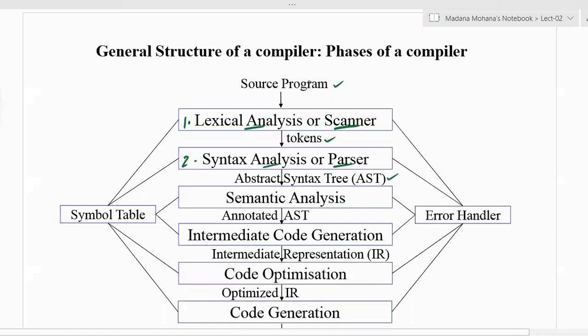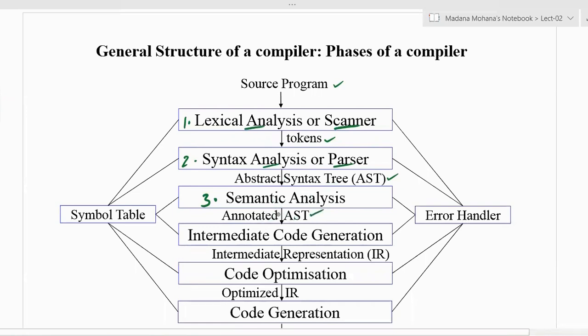This is the output of syntax analysis or parser, and it is different from a parse tree. Then the third phase is called semantic analysis, which takes as input the output of syntax analysis or parser, that is the abstract syntax tree. Then it produces the same abstract syntax tree, but an annotated abstract syntax tree.